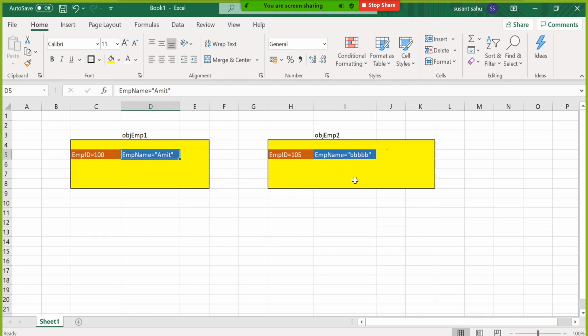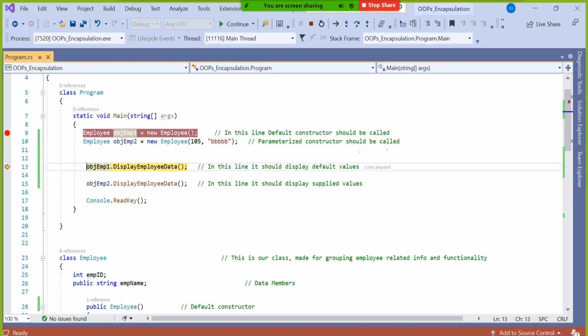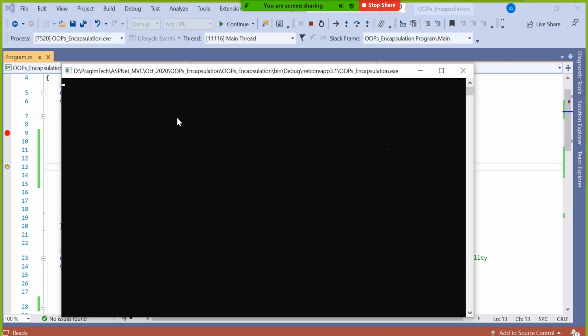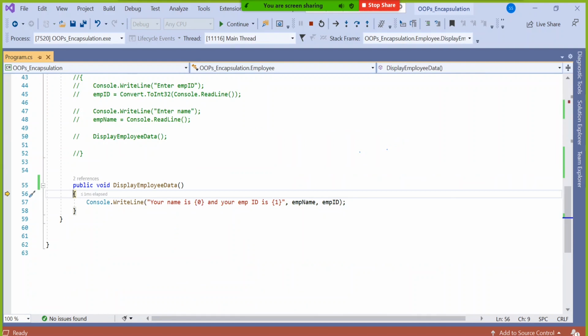And because second guy is one common staff, we took his employee ID and his employee name, and then we allowed him to application. Now display obj emp1 detail and then display obj emp2 detail. See what happens. So as of now nothing is there in the output window. You can see I press F11 here, line number 13, it came here. Now what will be the emp name and emp ID?